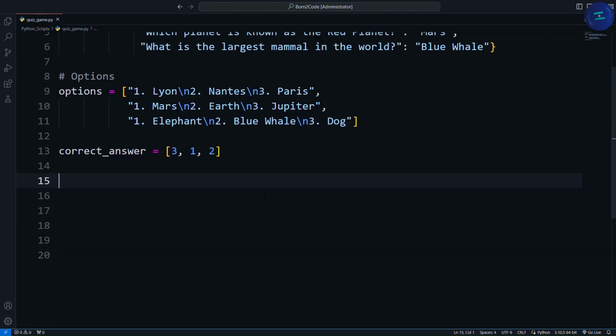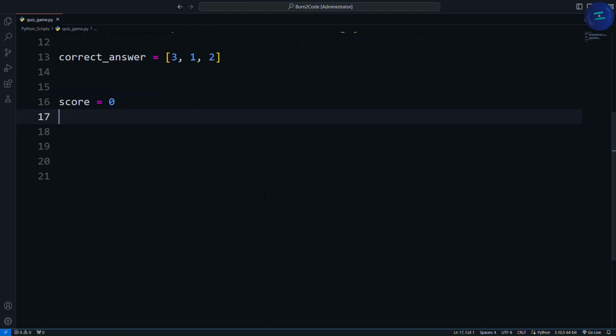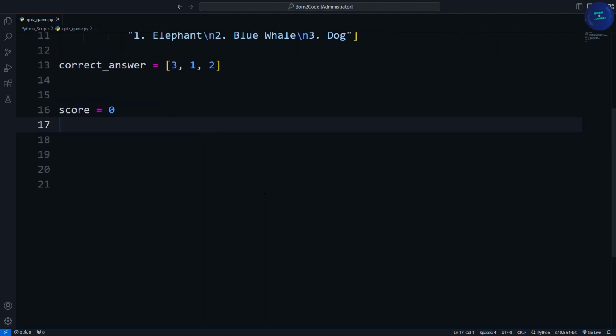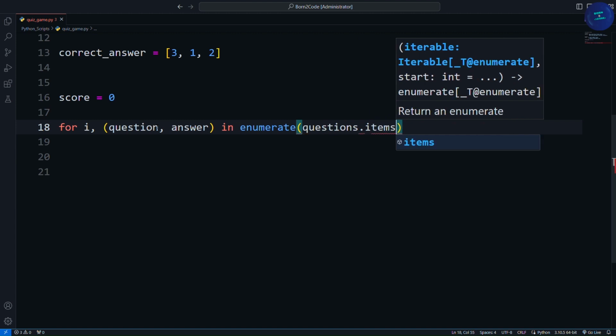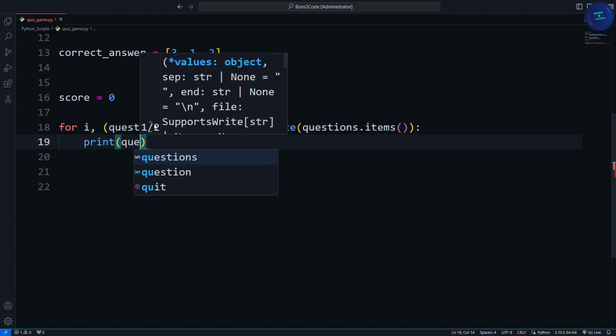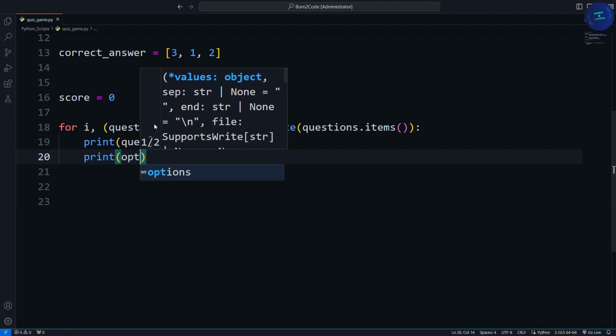I'll create a score variable to keep track of the user's score and display it at the end of the game. I'll set it to 0. Now we'll create a loop in which we'll use the enumerate function to keep track of the index of each question and answer. For i, inside the bracket, question, answer, in enumerate questions.items. Print question, and print options